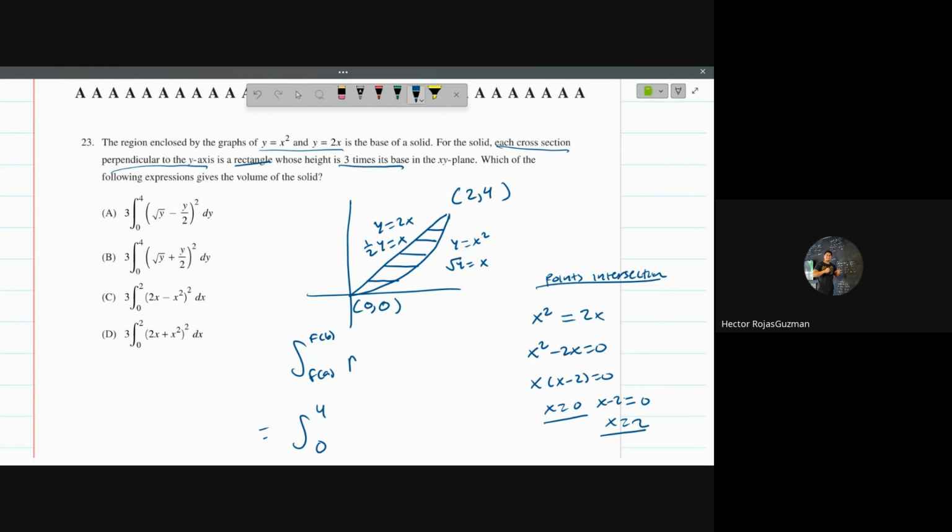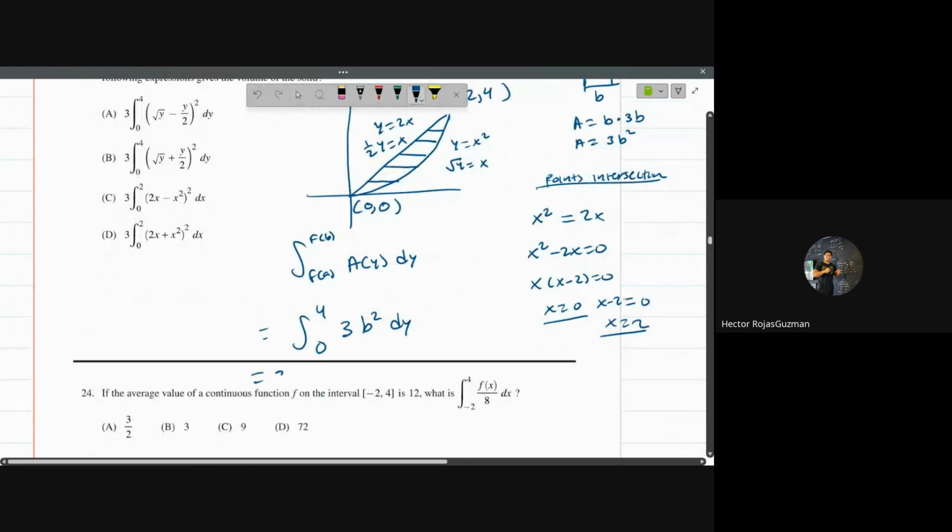This is going to be the area of the cross-section. If you think about a rectangle whose base is b and the height is 3 times the base, then the area of the rectangle is the base times 3 times the base, which is basically 3b squared. So then we have 3b squared dy,